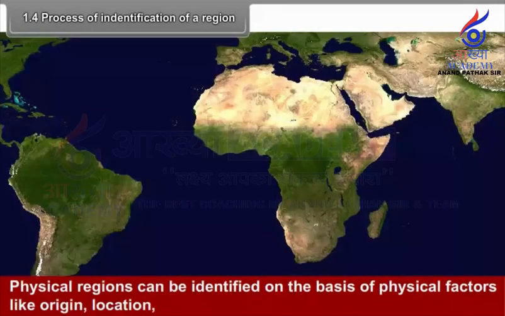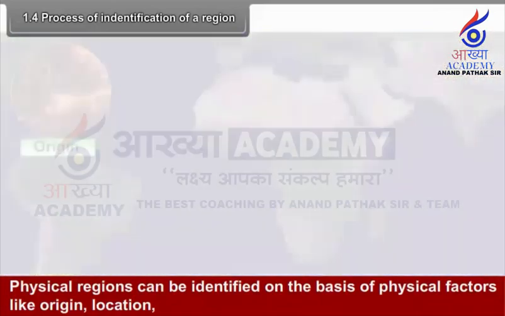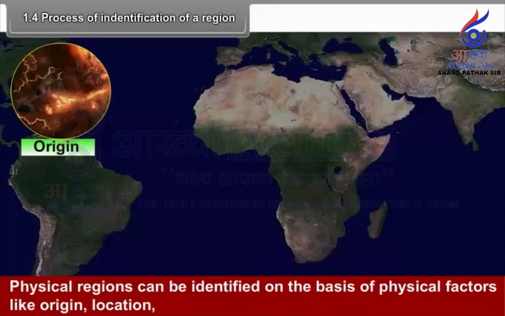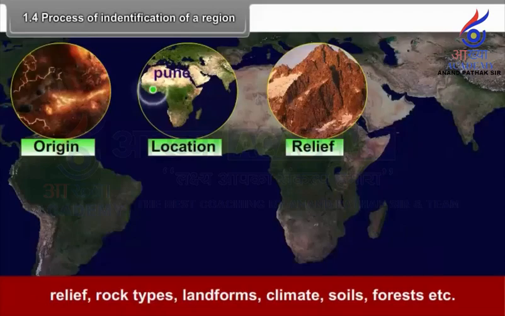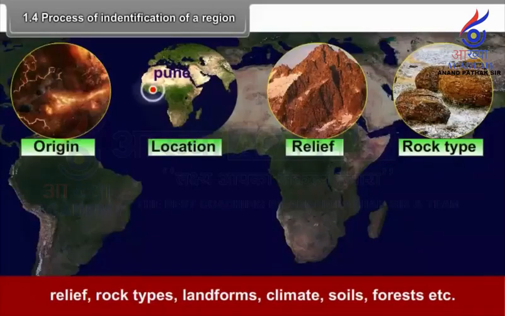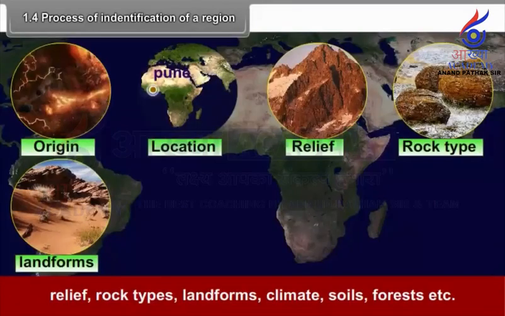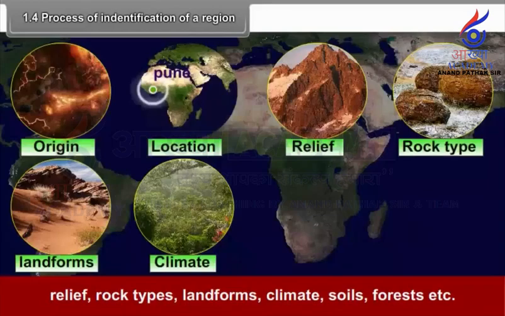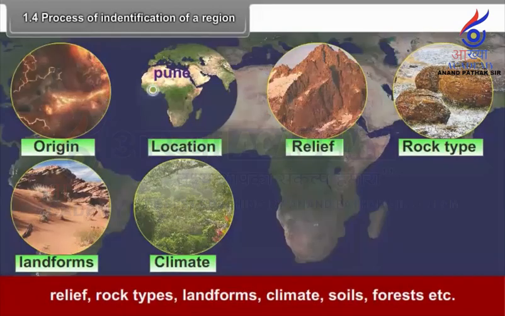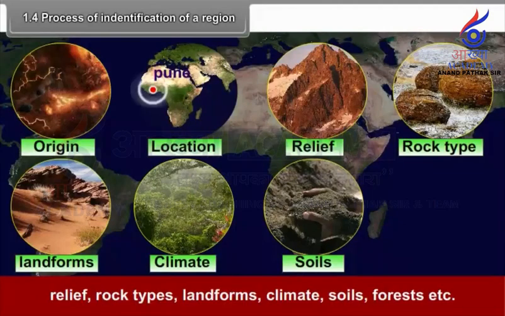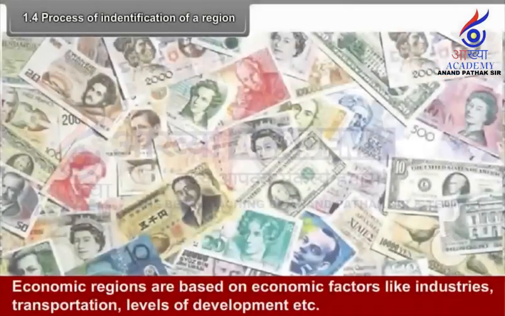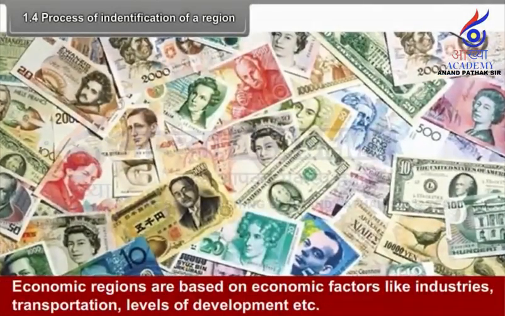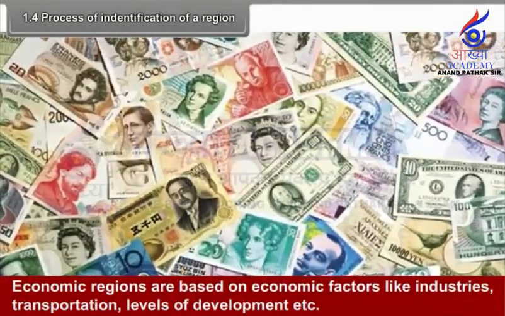Physical regions can be identified on the basis of physical factors like origin, location, relief, rock type, landforms, climate, soils, forest, etc. Economic regions are based on economic factors like